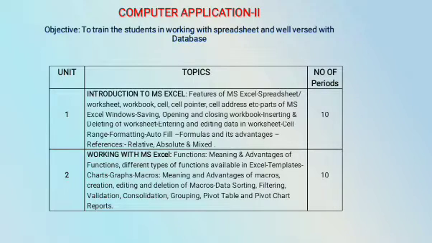The next one is data sorting. Sorting is nothing but a rearrangement of data in a particular order, either ascending or descending, or A to Z or Z to A, according to the user's requirements. Filtering and sorting are different. With a filter, whatever data users require, we access only that data.